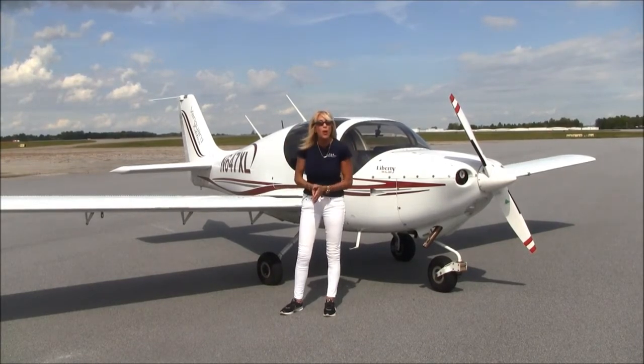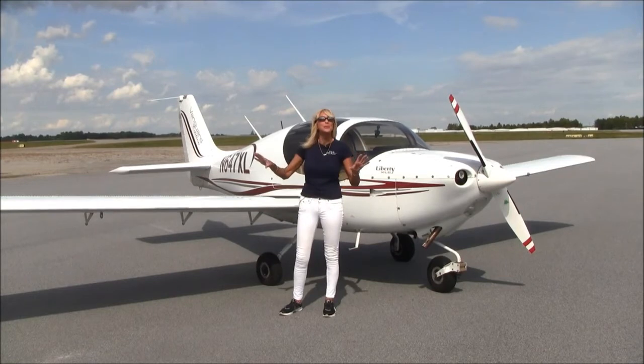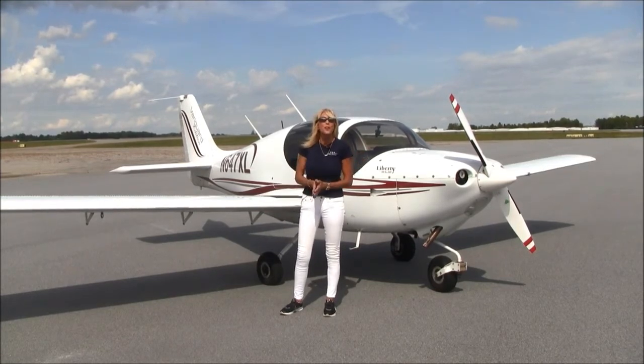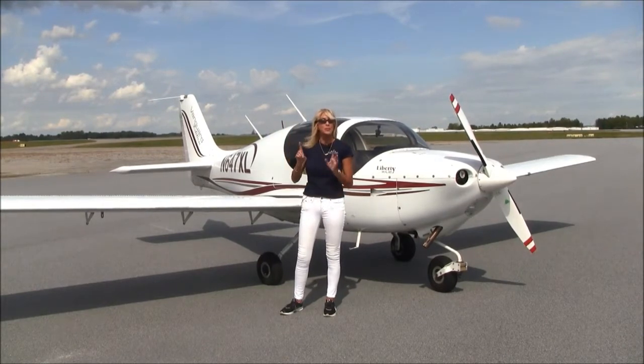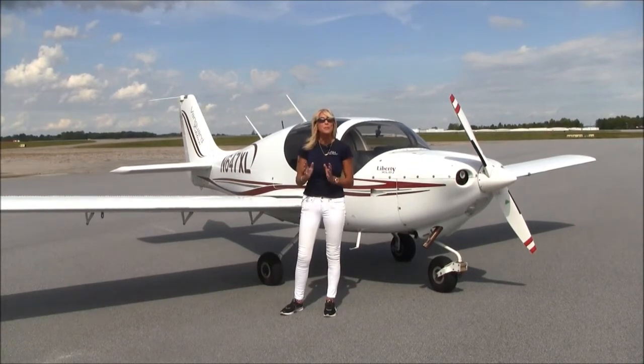It sips fuel, about 4, 5, or 6 gallons an hour. That's it. It's a composite airplane. It zooms through the sky. You're going to see about 120 knots at cruise. It is a joy to fly. 270-degree panoramic views. I'll tell you, as a flight instructor, this is my favorite plane to fly, and my students